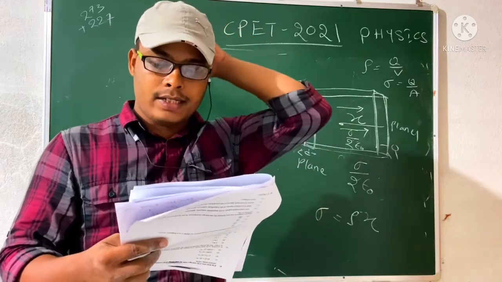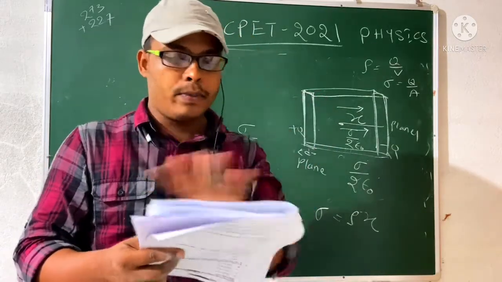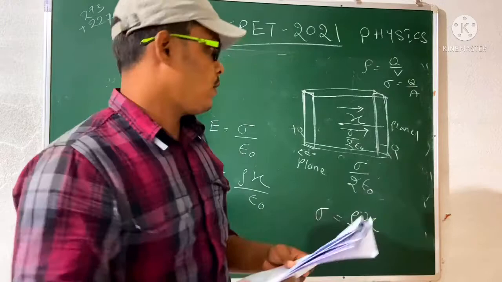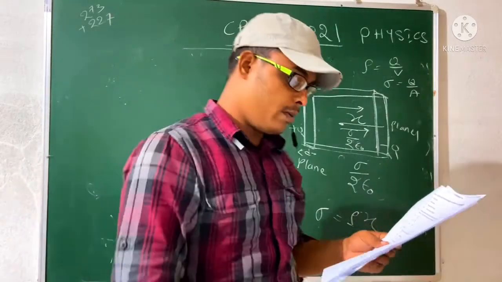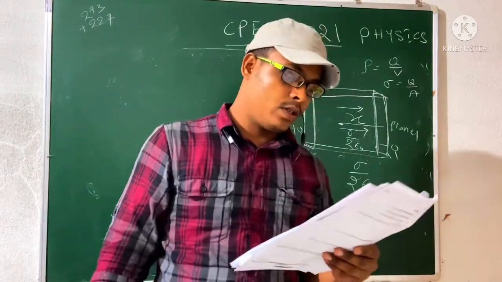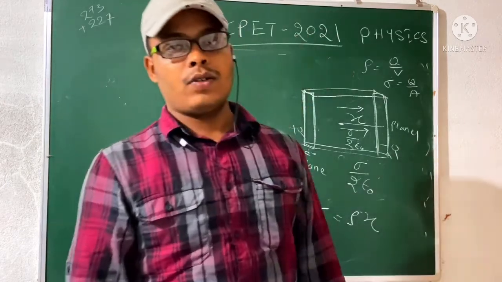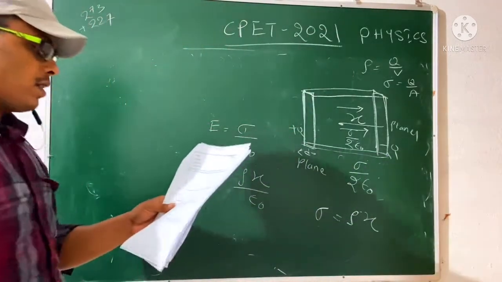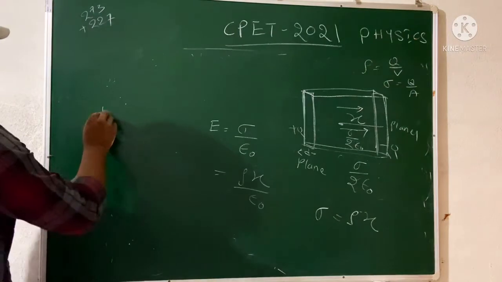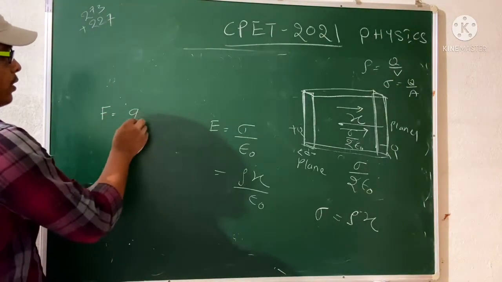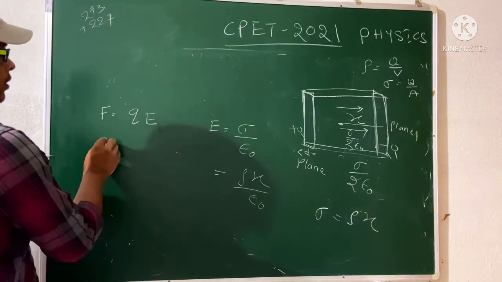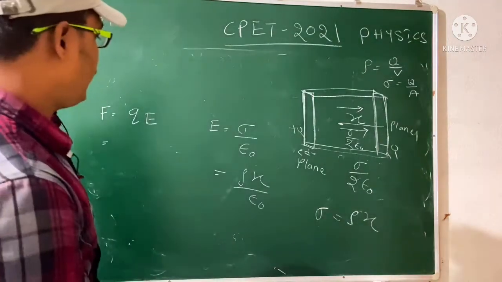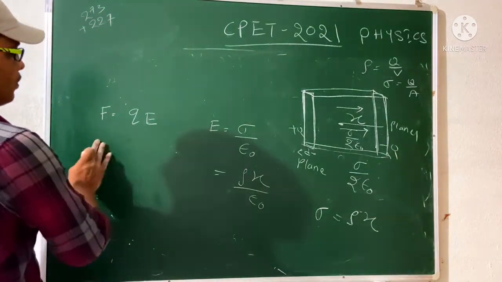Now 30: a dielectric slab is inserted between the plates of an isolated capacitor. Remember this is an isolated capacitor, so there will be no charge change. So what will be the force between the two plates? Remember force equal to Q